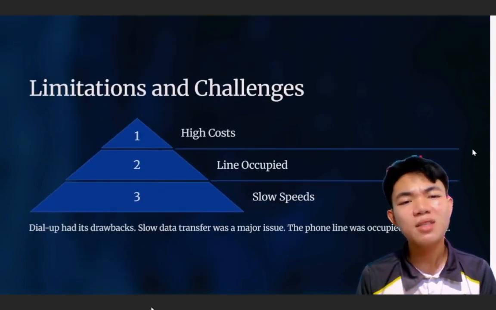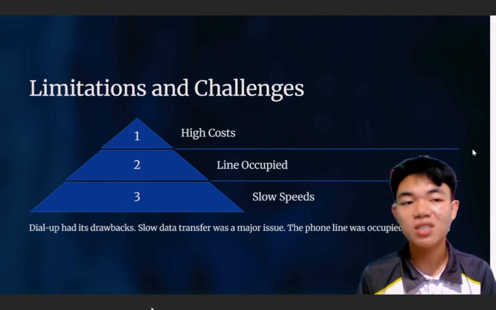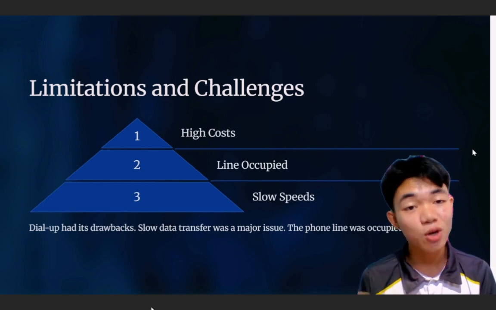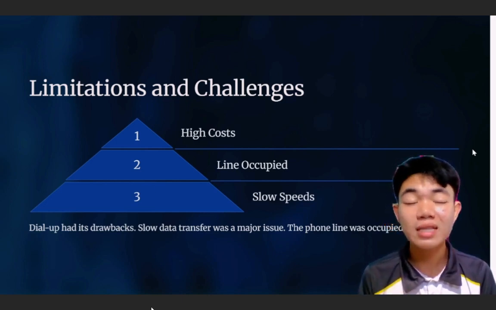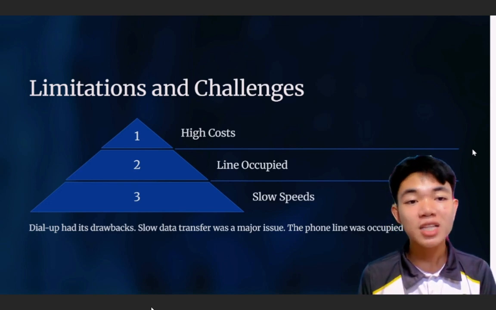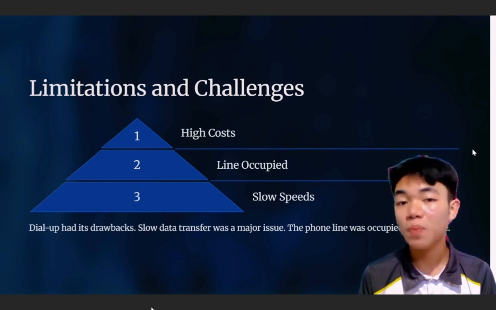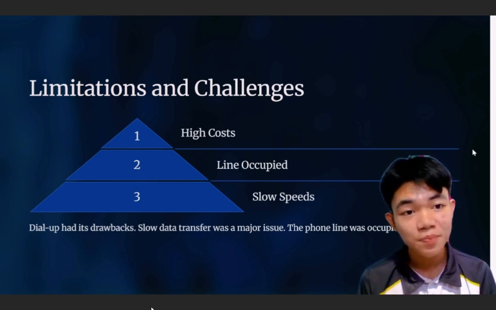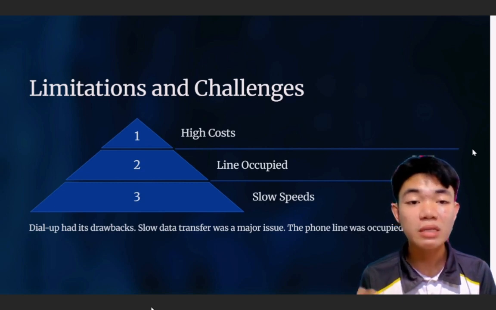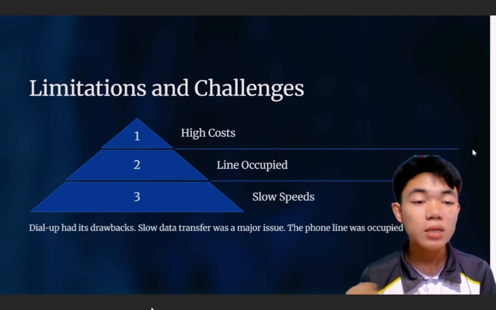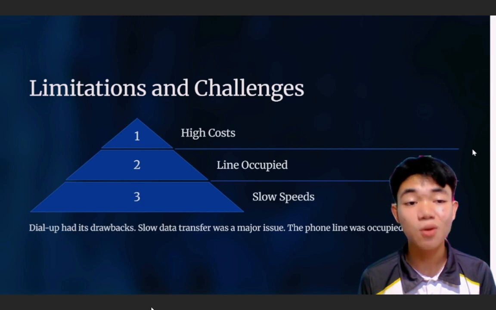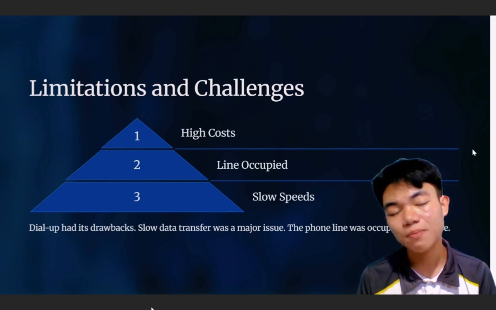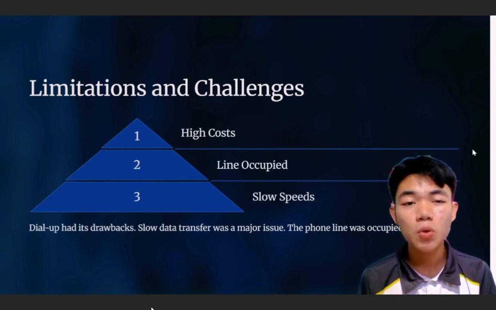So there are limitations and challenges of this dial-up. Dial-up had some significant limitations and challenges. One of the main issues was the high cost. Connecting to the internet was quite expensive for many people. Another major problem was that the phone line would be occupied during use, which meant you couldn't make or receive calls while online. The data transfer speeds were also very slow, which made basic tasks like browsing the web or downloading files frustratingly slow. These limitations really held back the adoption and usefulness of dial-up internet, especially as high-speed broadband started